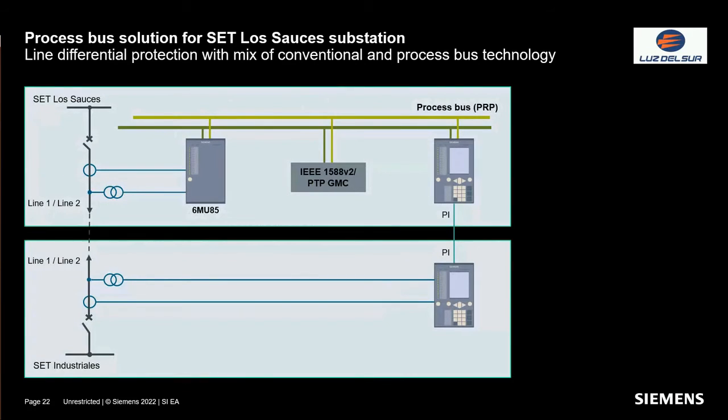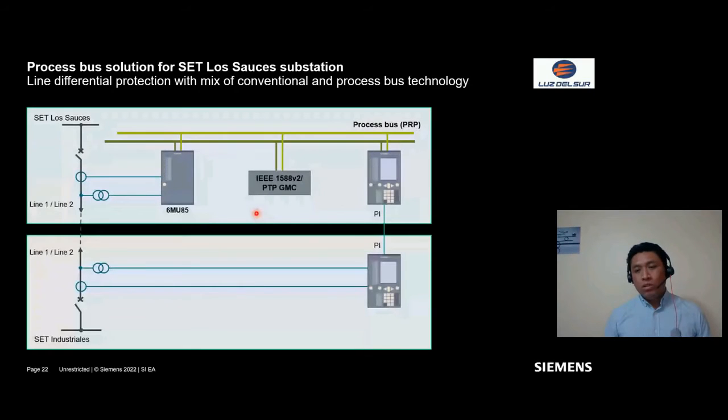As I mentioned before, the scope of the project was to build two lines over 220 kilovolts, which enable interconnecting the new substation, Set Loss Houses, with an existing substation, Set Industriales. One of the most highlighted points of this project was the implementation of a mixed scheme for differential protection, where the project implemented process bus technology in the new substation, Set Loss Houses,